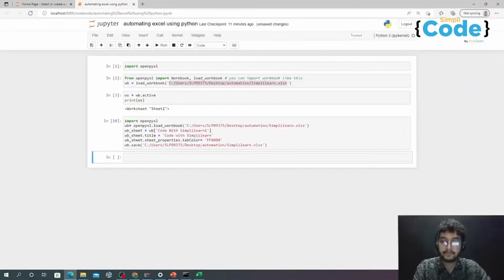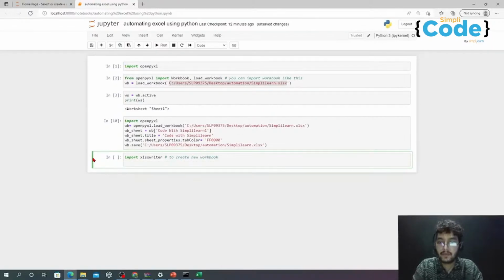Yeah, perfect. So moving forward, let's create a new workbook. Till now we were working on the same worksheet which was present on my desktop. So let's create a new workbook. For that I have to write import xlsxwriter. I will write here in a comment to create new workbook. wb would be equal to xlsxwriter.Workbook,